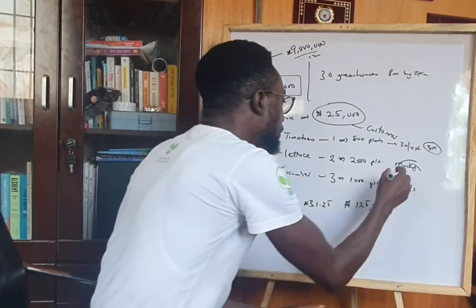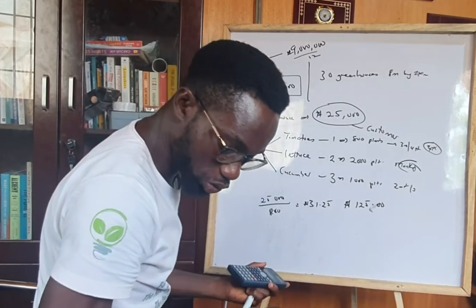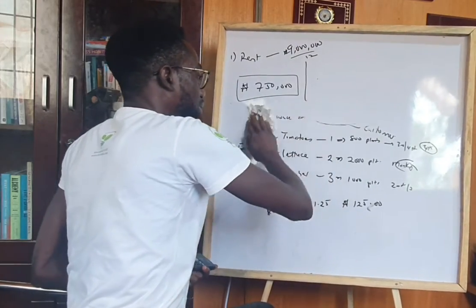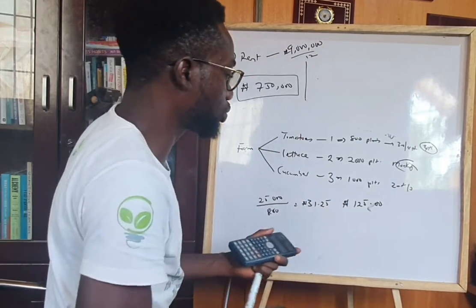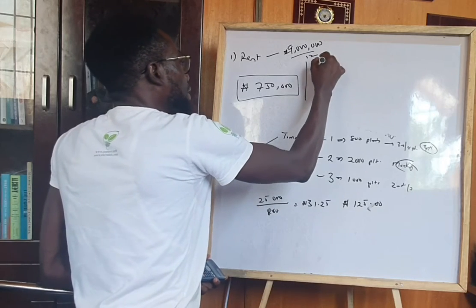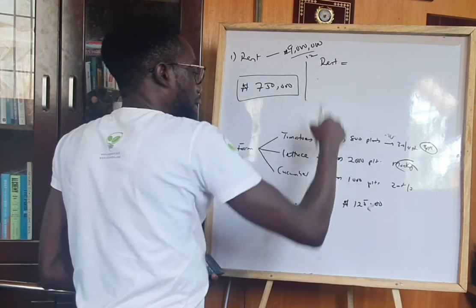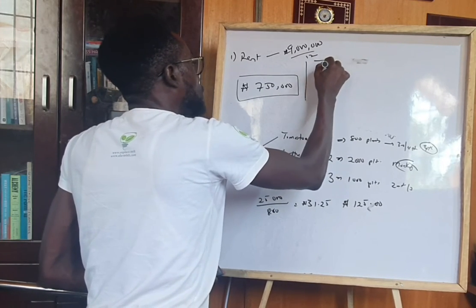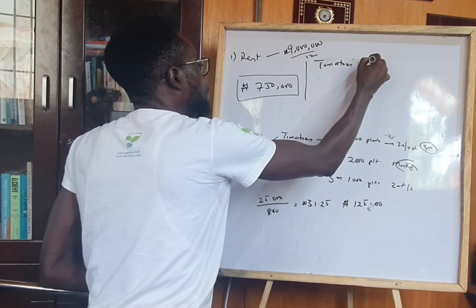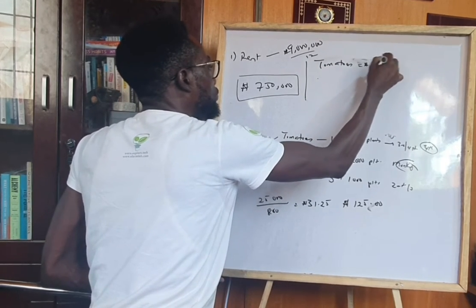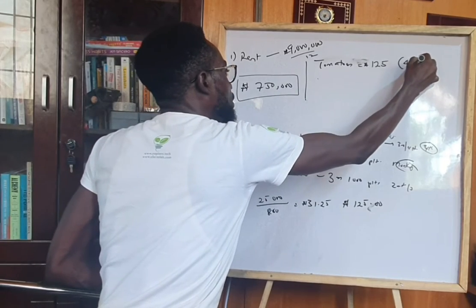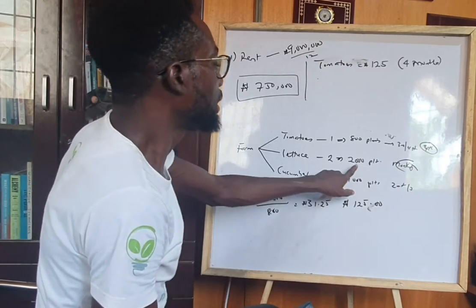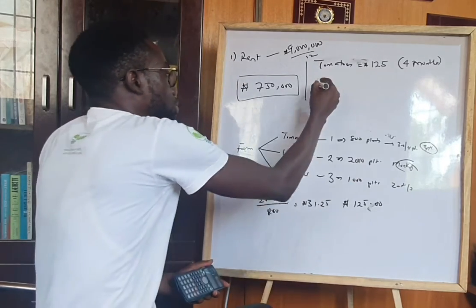So the 4 months that my tomato plant, let me clean the top. We're going to take it step by step, write it down to see how we build our eventual selling price. So let me say tomatoes rent for the plant is 125 naira because it is there for 4 months. I hope that makes sense. If I do that of lettuce,